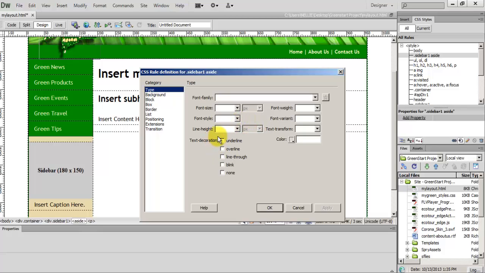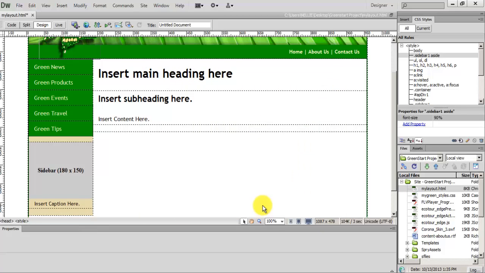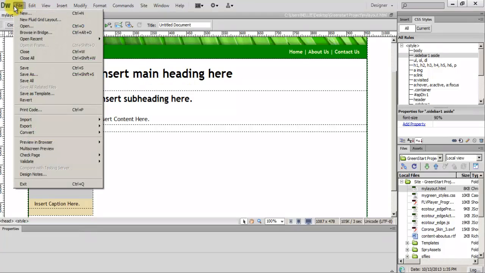In the CSS Rule Definition for sidebar aside dialog box, type 90 in the Font-size field and choose percent. Then Apply, then OK. So let's see, let's save the file and then